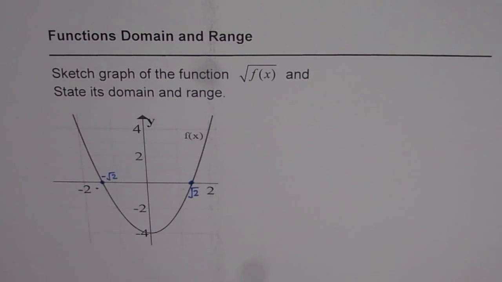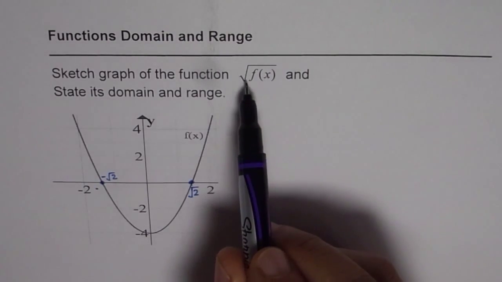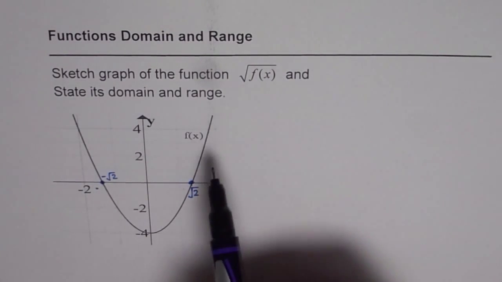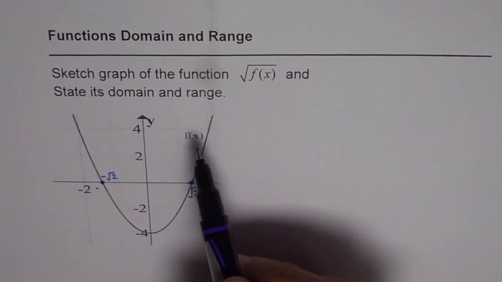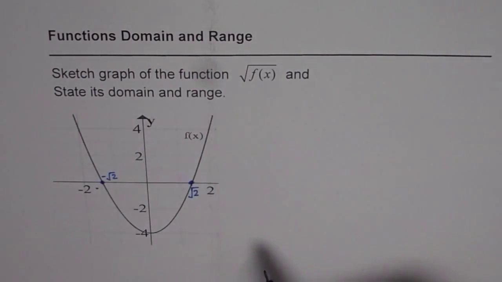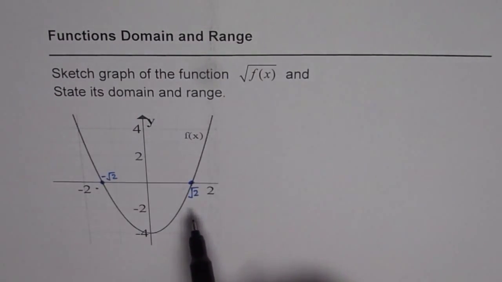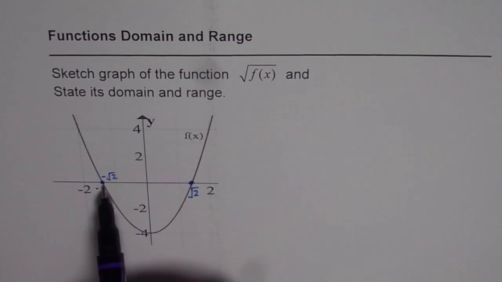Some of my students can find the equation of the parabola, substitute it for f of x, and then solve algebraically also, right? But in case a graph is given to you, then state the domain of square root of f of x. Can you state the domain of square root of f of x? That is the question. Now, when you look at this graph, we find that within minus square root 2 to square root 2,